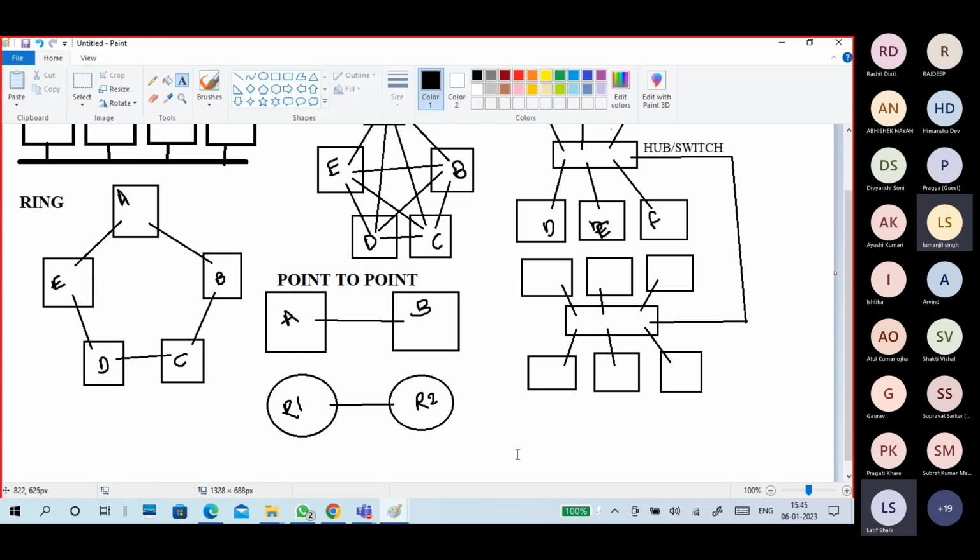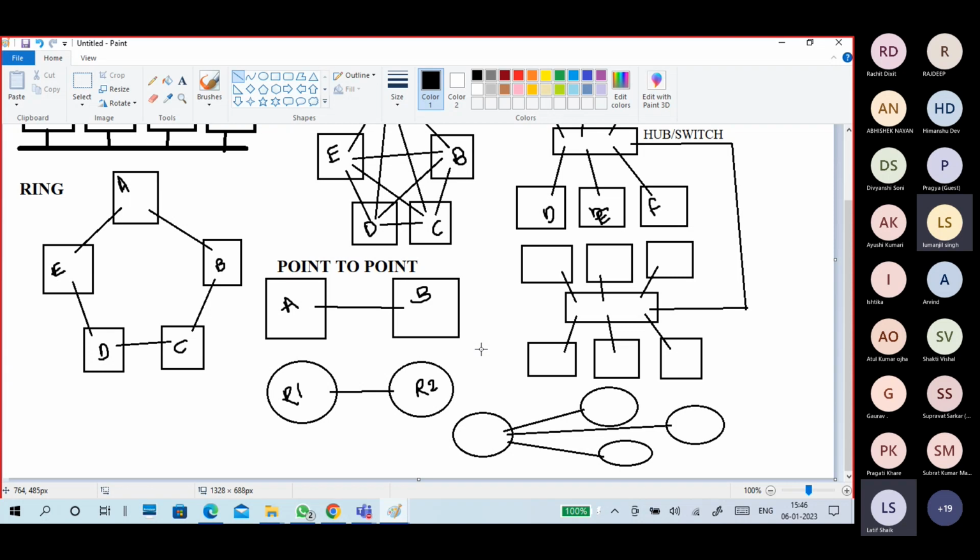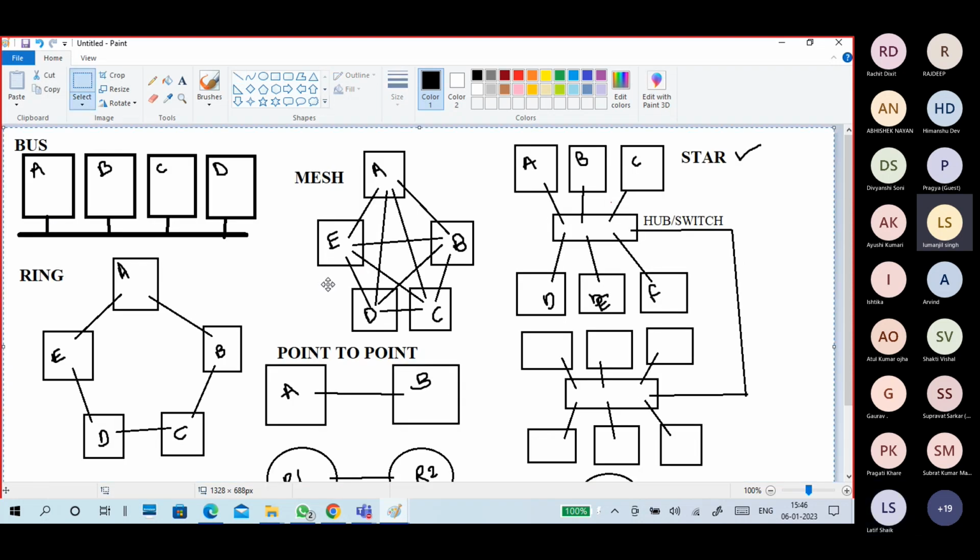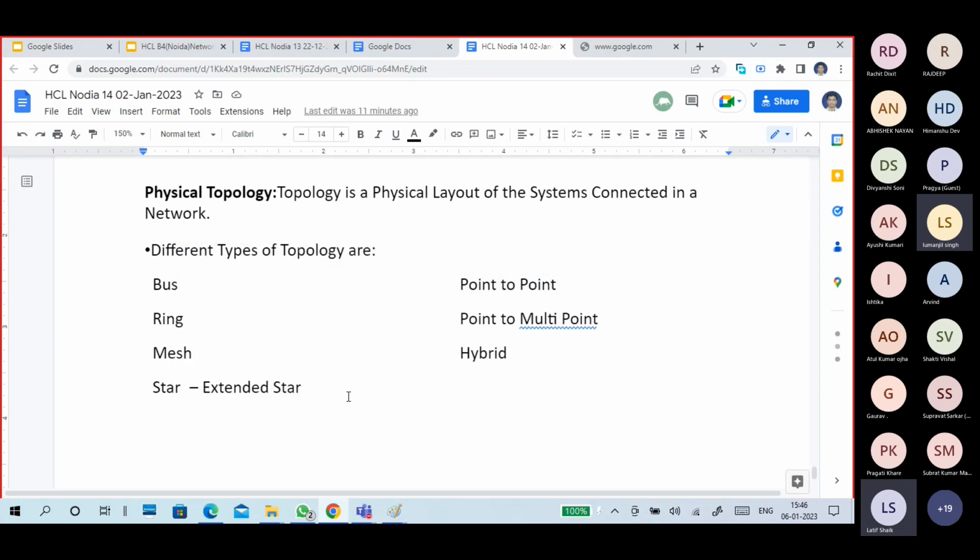Point to multi-point connection is also there. For example, you have a router and you have multiple routers. One is connected to multiple things. Like this is connected to this, and this is also connected to this. This is a point to multi-point topology. Hybrid topology means a combination of one topology with other topologies. I didn't give it in a note kind of stuff, but